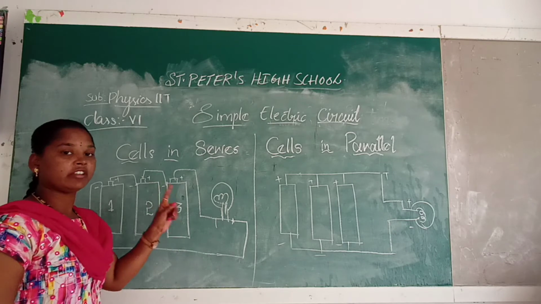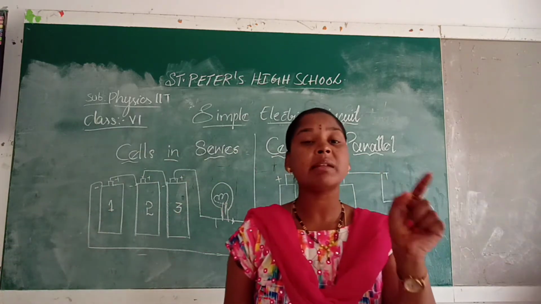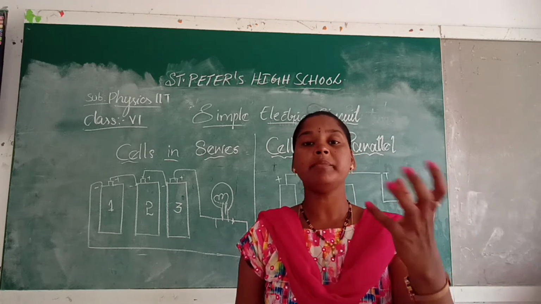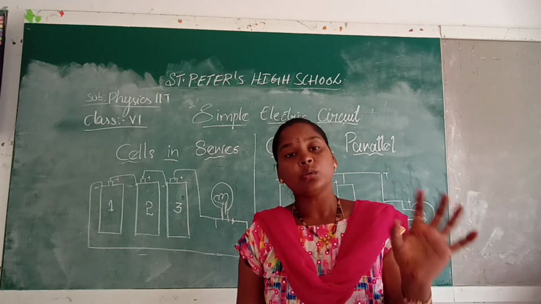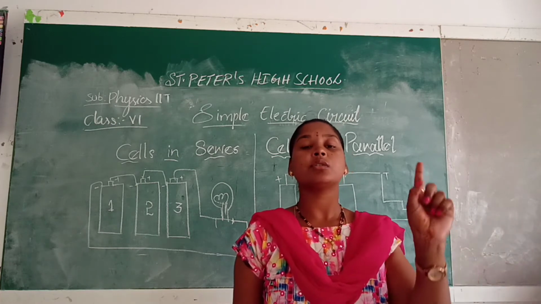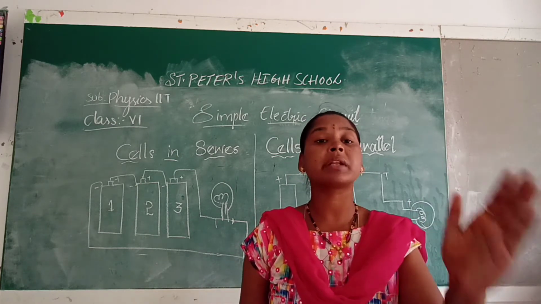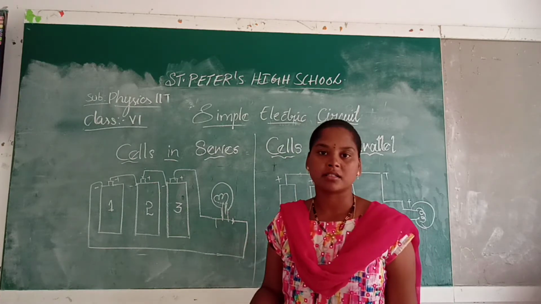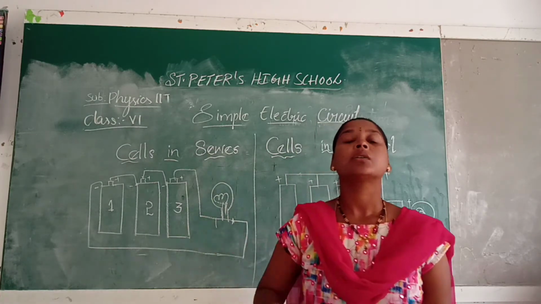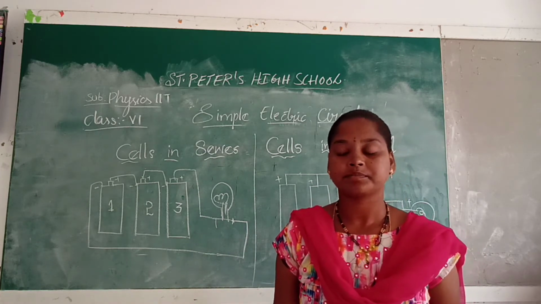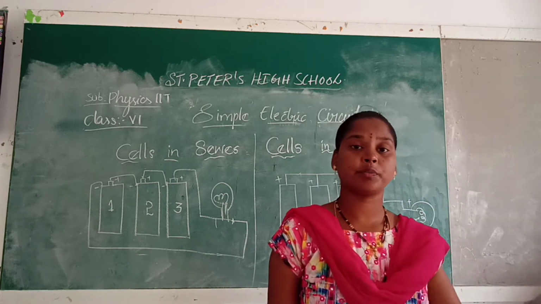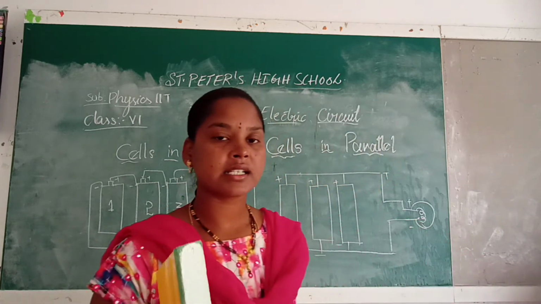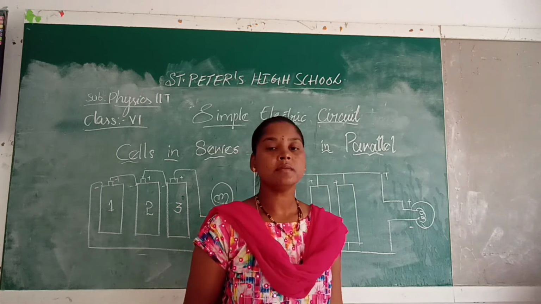In our daily life also, when we switch on, we are making the circuit closed. Then the fan or the light will work. If we want to stop the electric goods from working, we just switch off. That means we are breaking the circuit. We are opening the circuit. The circuit is open, current does not pass. We all know that current always passes in a closed circuit. As electrons move from positive to negative, the circuit will be closed. This is regarding open circuit as well as closed circuit.